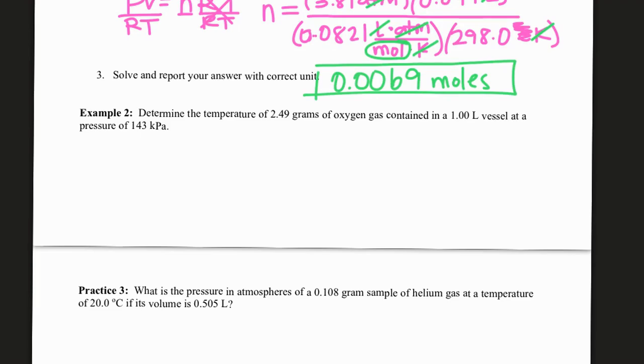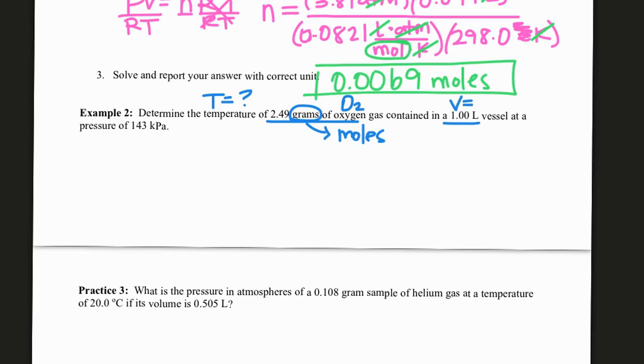All right, so let's do one more quick example. So this is how I would normally work the problem, but I kind of broke it down for you a little bit. I normally would mark what I have in my problem. So it says determine the temperature. So temperature is what I want, right? And I have 2.49 grams of oxygen. Remember that oxygen is diatomic, so that's O2. And so keep in mind though, grams is not the same thing as moles. So I'm going to need to convert my grams to moles if I want to be able to plug into any of my formulas, okay? And then I've got 1 liter, that's going to be my